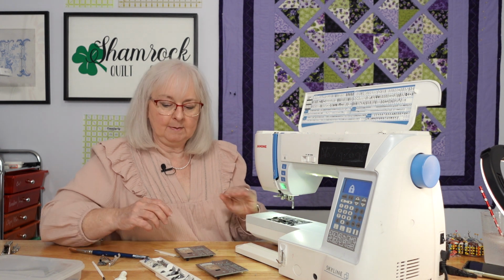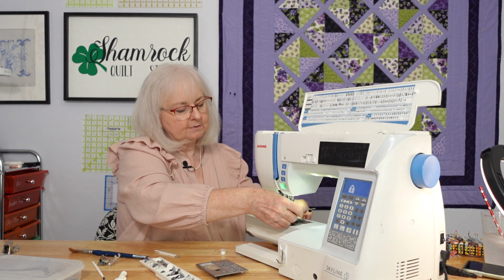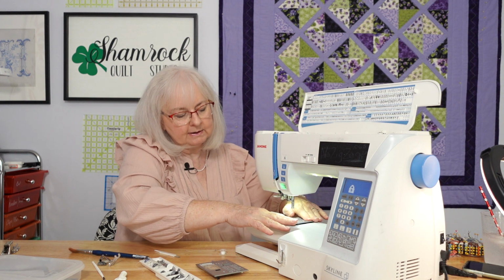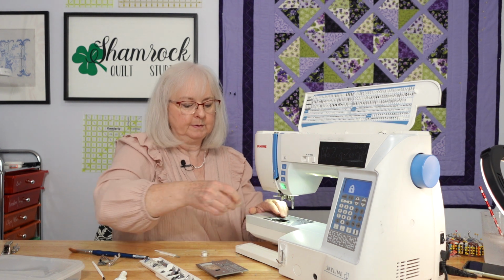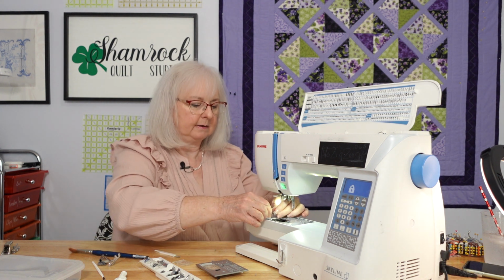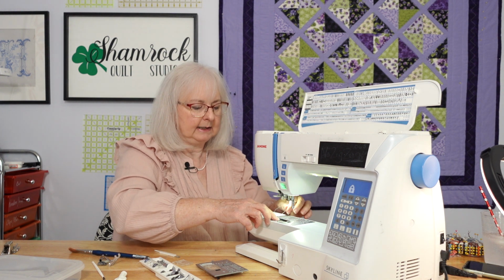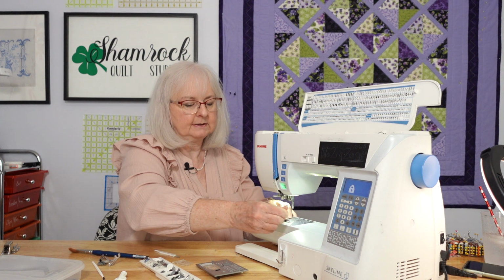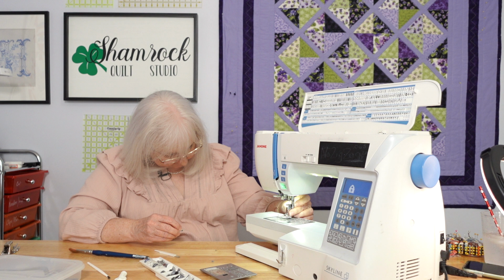And so we've got that back in. If we were putting this together to sew, we would now put on our needle plate. And for this demonstration, we're just going to put this single needle plate back on. And then we're going to open this up and put our bobbin in. And this one has a little, you follow the directions and come across, then it cuts it right off. Put the cover on, and then we're going to put back on our